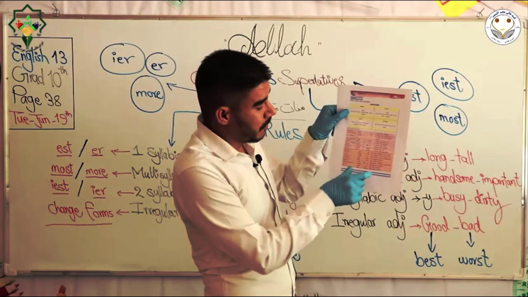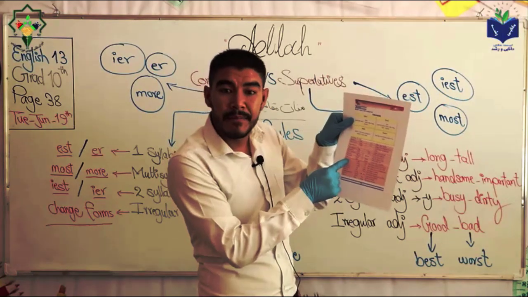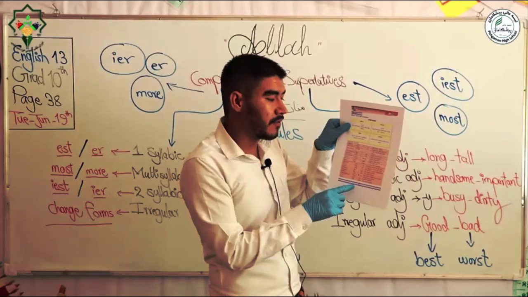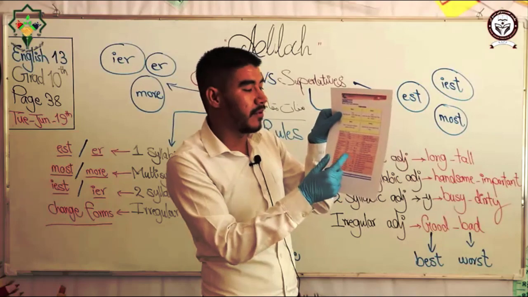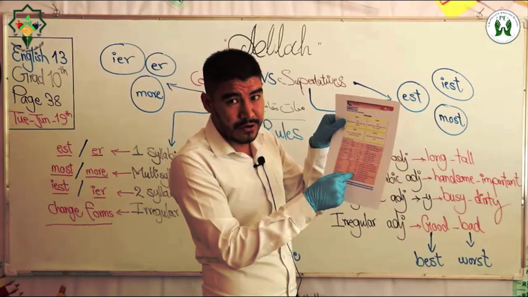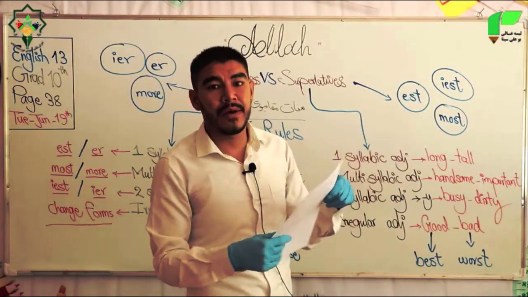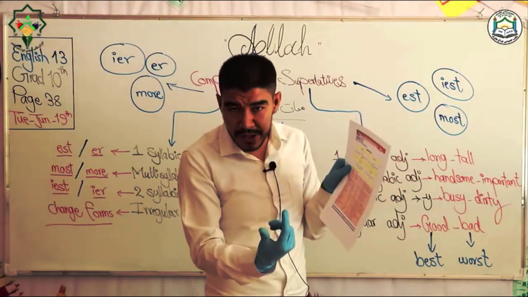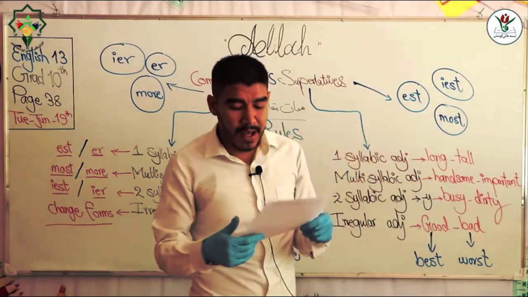Okay, in this part of your book on page 38, this is a chart of comparative adjectives versus superlative adjectives. در صفحه 38 کتابتان اینجا یک چارت گرامری است. این چارت گرامری درباره صفات مقایسوی با صفات عالی است. You can read with yourselves. If you have any problem, you can solve your problem by my lecture. شما میتونید چارت پیش خود بخوانید و من لکچرش برای شما ارائه میکنم. شما میتونید از لکچر من اگر مشکلاتی رو داشتین مشکلاتتون رو حل بکنید.